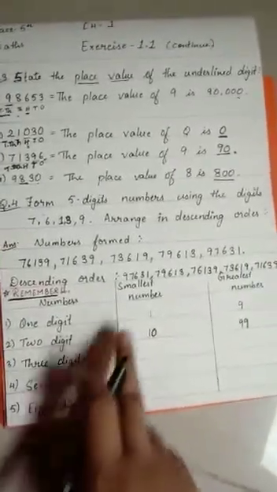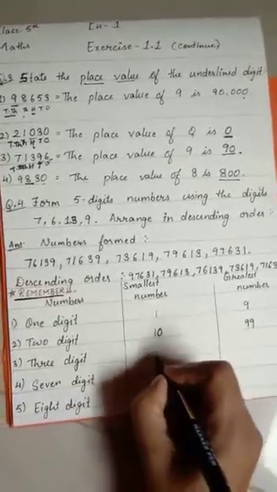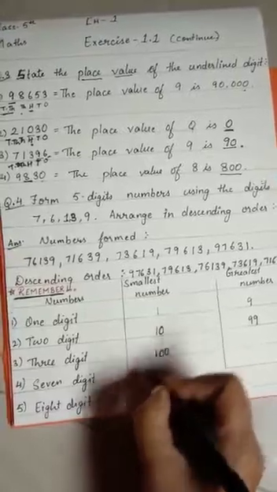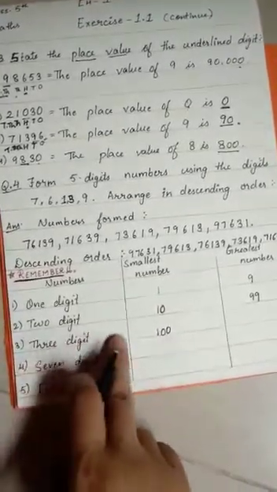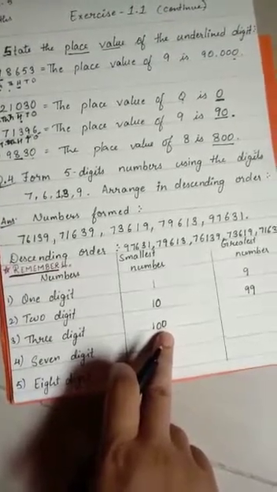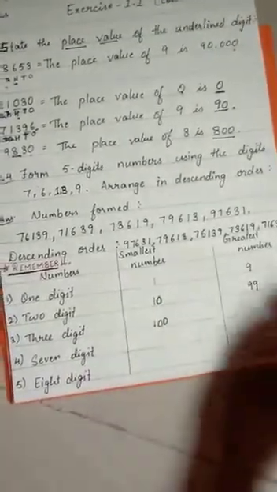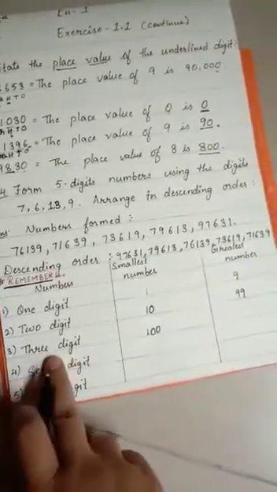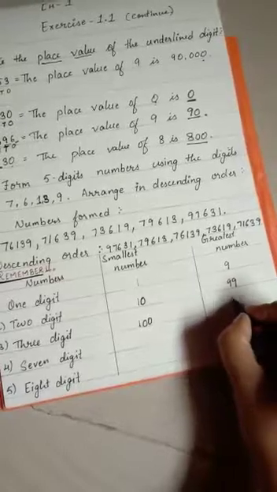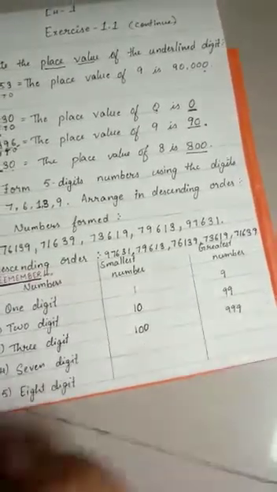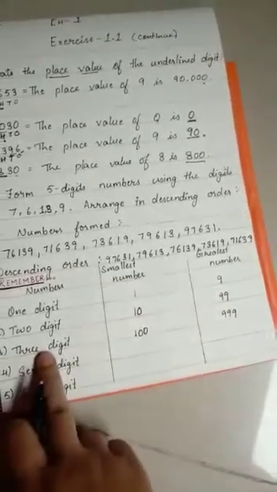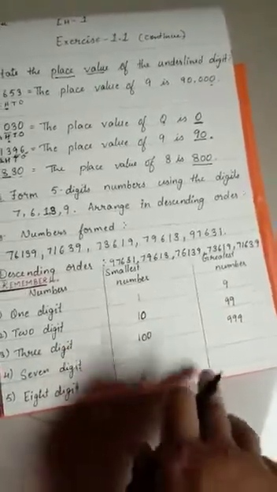Then the 3-digit smallest number. I copy 1 as it is, and 2 zeros, making a 3-digit number, that is 100, the smallest number. For the greatest number, whatever number of digits is asked, 2-digit, 3-digit, that many 9s you write and you form the greatest number. So 999 will be the greatest 3-digit number. Like that you can find different ones.